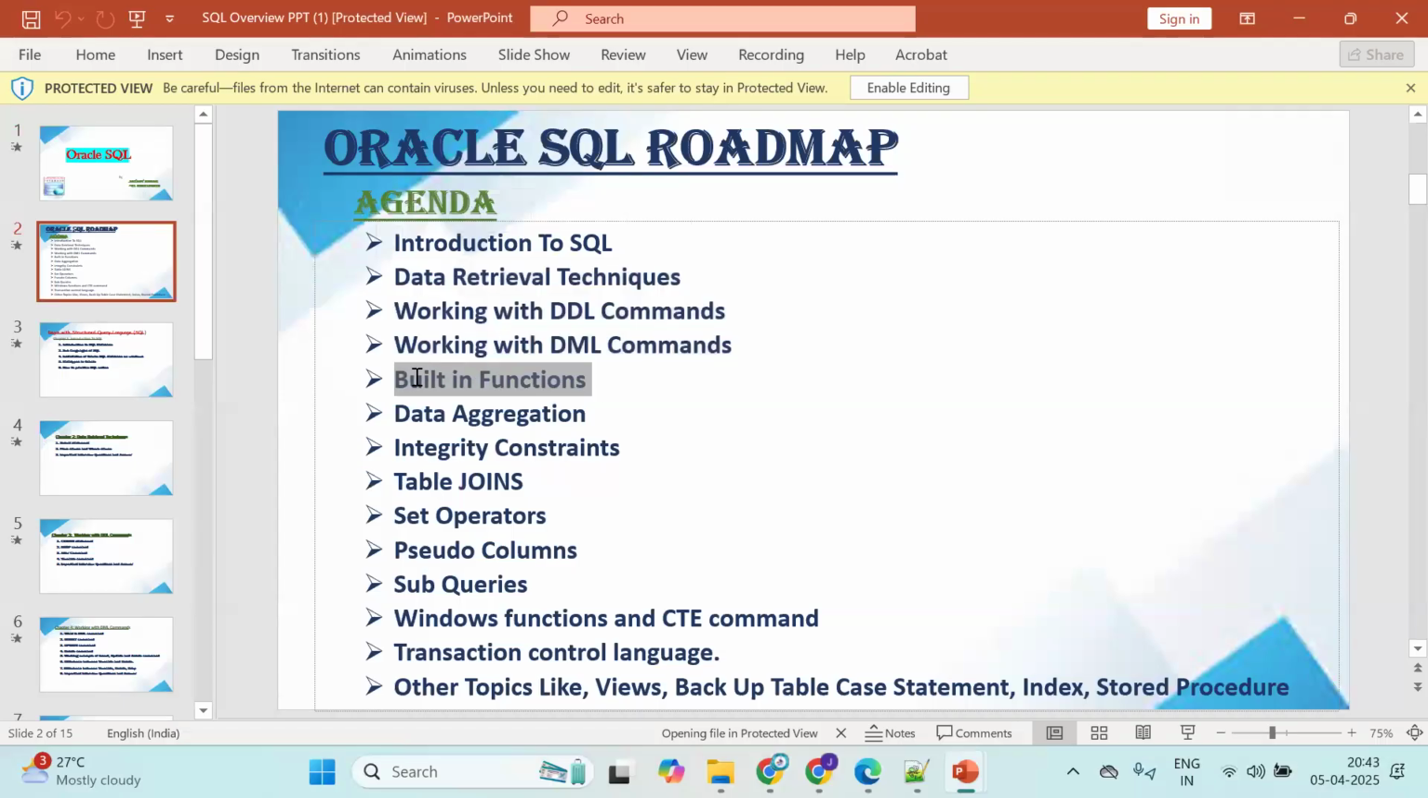And after 3, 4 classes, whoever is doing SQL for the first time will struggle for 3, 4 classes, but after that, you will be perfect. Data aggregations, we are going to see built-in functions, which will take approximately 2.5 classes, and then data aggregations will be there. Integrity constraints, we are going to see table joins, which is very, very important, set operators, pseudo columns, subqueries, window functions, and CTE,